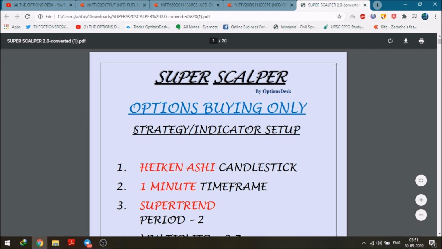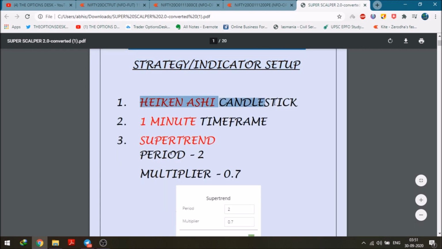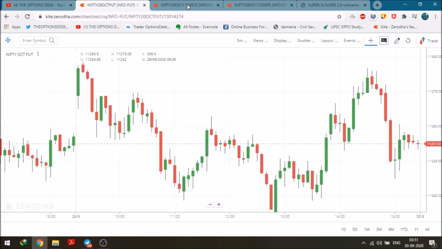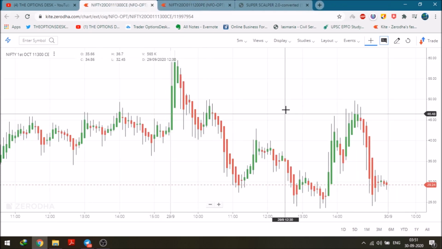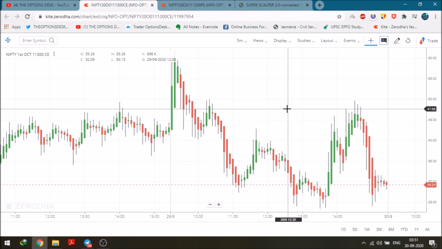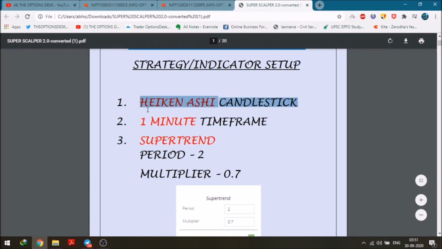Okay, the strategy and indicator setup. There are two indicators that will be used in the strategy that I have explained. Firstly, the setup is Heikin-Ashi candlestick. Now, the Nifty October futures you have seen, like in the morning, it opened somewhere here, and then just close this tab. No need, we will not look at it, and I will tell you that without even looking at the Nifty futures or the Nifty trend, I will trade and I will get you a good profit. I promise that. First point, Heikin-Ashi candlestick. Second point, 1 minute time frame. The things which are mentioned in red are most important, so please pay attention.